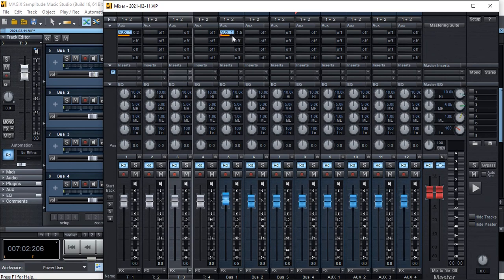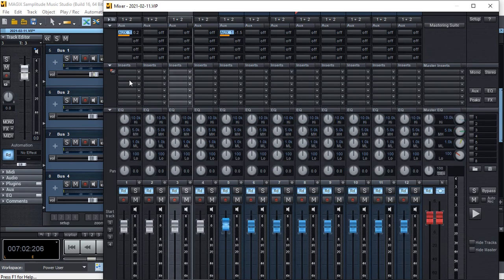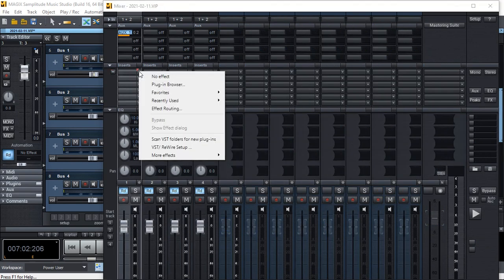Okay, and the next question was how many inserts? You can have up to 6 inserts. 2 are visible right there. If you click the icon right here, that opens up the rest of it. And here you can select your